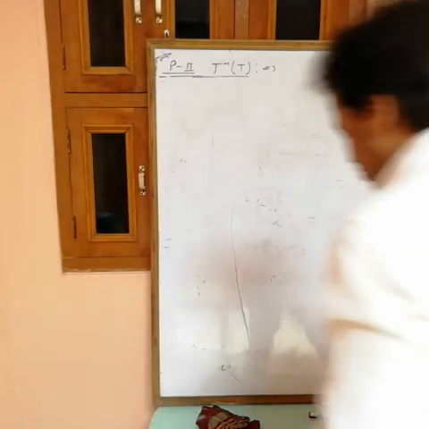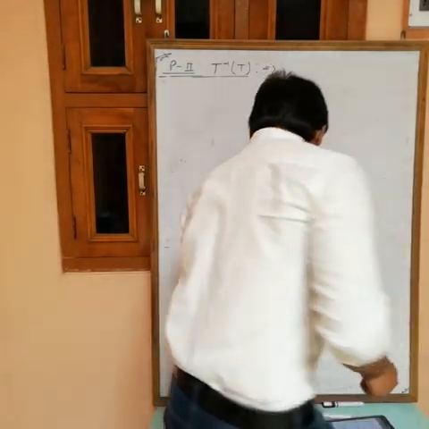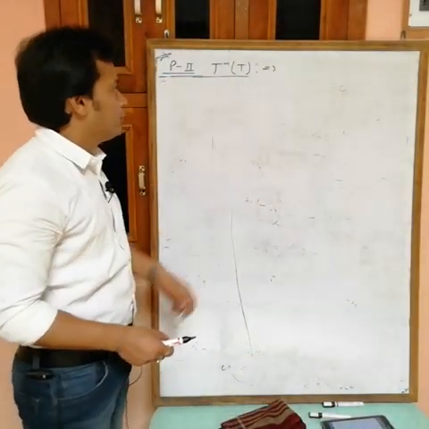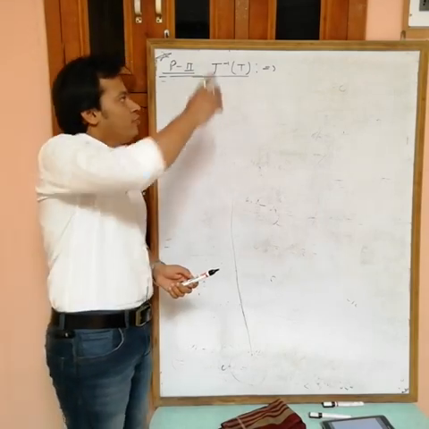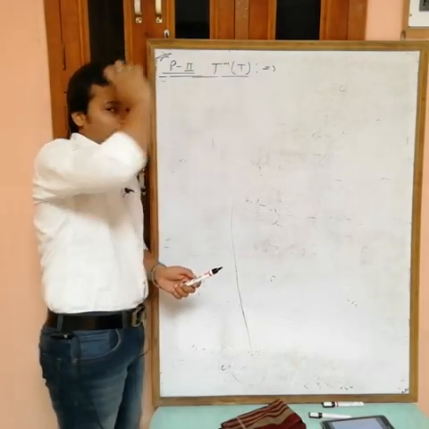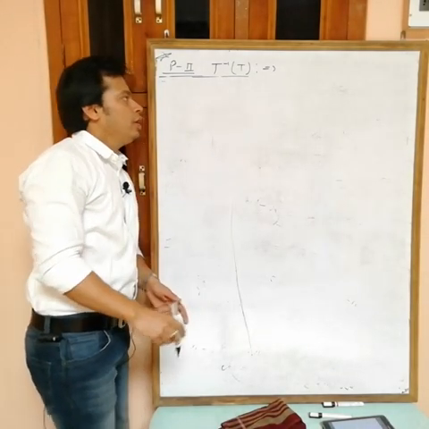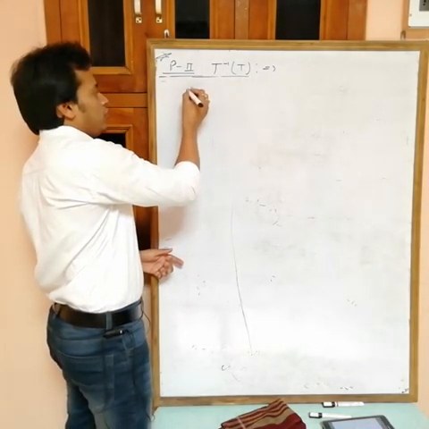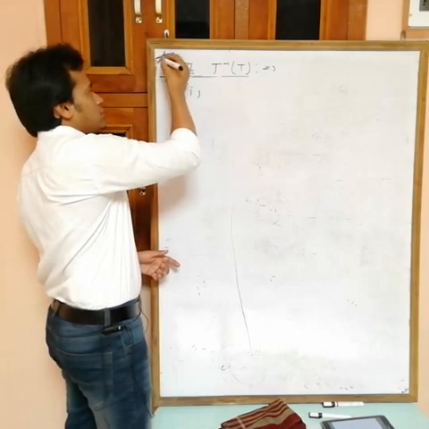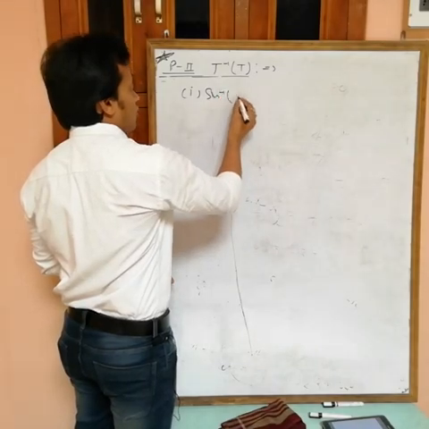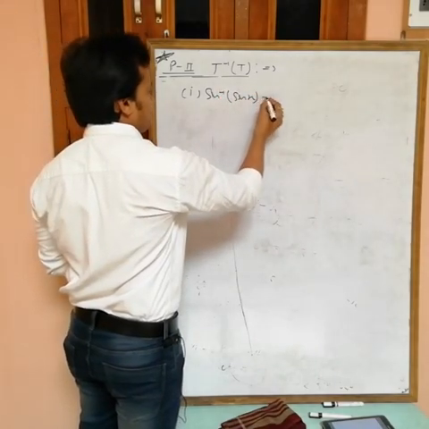Okay, so first, for inverse trigonometric functions, property number 1 is complete. Now property number 2, T inverse of T: inverse trigonometric function of trigonometric function, like sine inverse of sine x, cos inverse of cos x. Okay, so for this one we have to remember the formula. This is important. So first one is sine inverse of sine x.